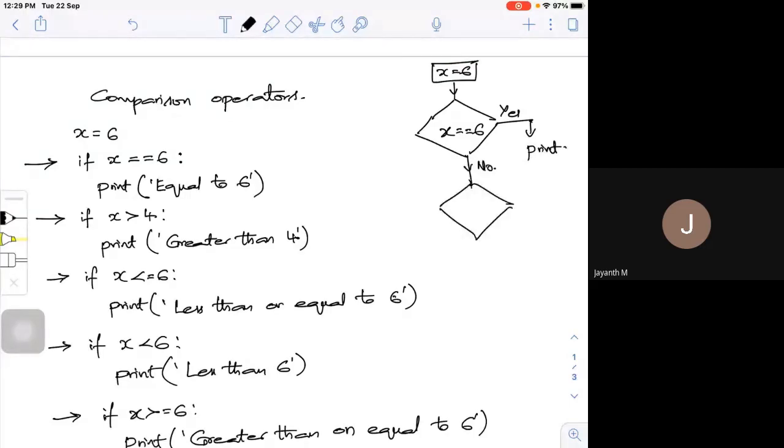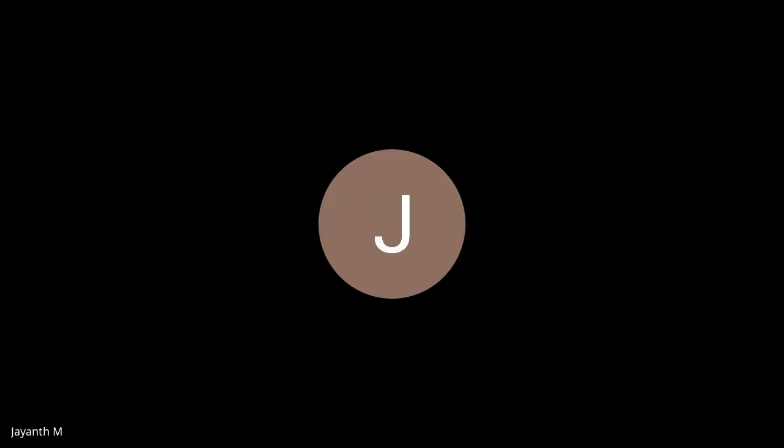Is it possible to have more yes statements? Say if x is equal to 6, print, is it 5 or is it 6? Is it still 6? So I can have n number of statements, something like print A, print B, print C, all that can be there.